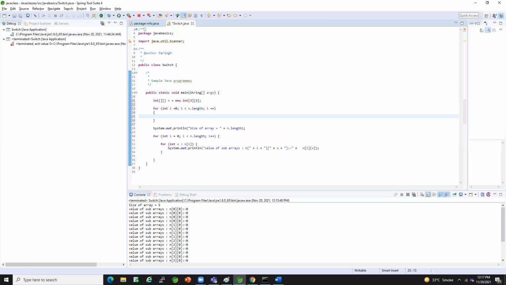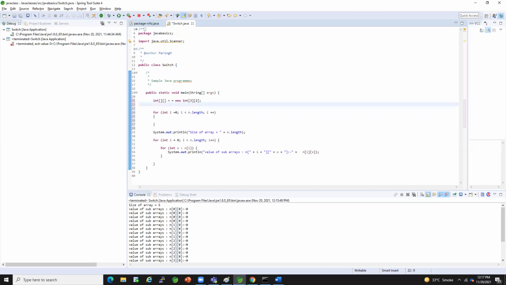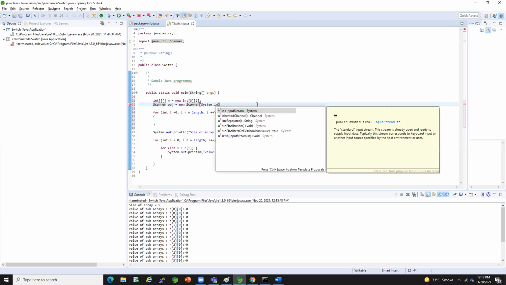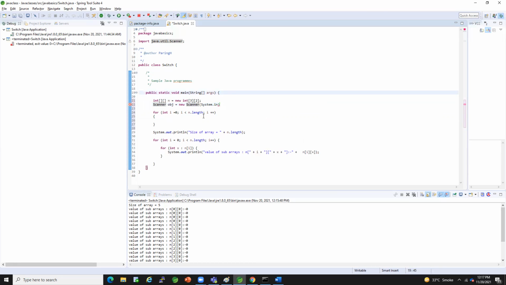Before that, let me say scanner. Scanner obj equal to new Scanner, System dot in. Okay. Now we are saying that I equal to 0, I less than